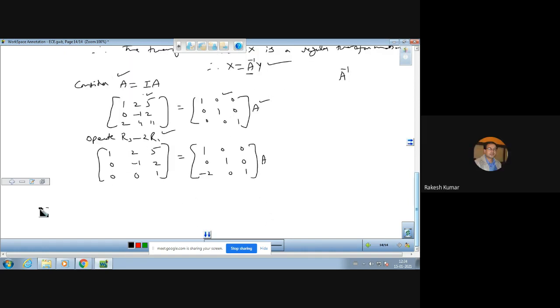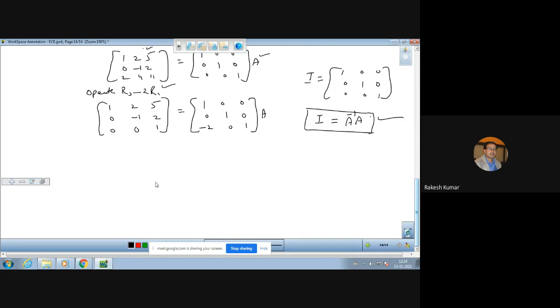Now what is our aim? Our aim is we need to make this matrix an I matrix. इस मैट्रिक्स को हमने I बनाना है. और आई मैट्रिक्स आप जानते हैं 1 0 0, 0 1 0, 0 0 1. और हम लोग ये वाला कॉन्सेप्ट यूज करेंगे. I will be equal to A inverse into A. अगर यहाँ पर I आ जाता है तो यहाँ पर जो भी मैट्रिक्स होएगा वो इस A का इनवर्स होएगा. So you will use this definition. So let us make efforts for making this matrix an I matrix.